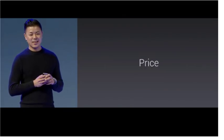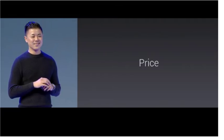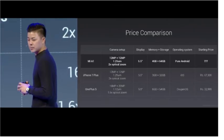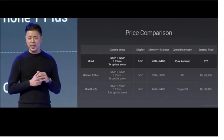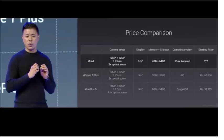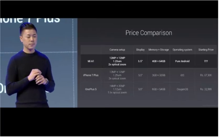That's right. What is the price? What will Mi A1 retail for? Take a look at the other phones that we've compared Mi A1 to in this entire presentation. We've talked at length about the dual camera setup for Mi A1. Well, let's take a look at iPhone 7 Plus. It also has a 12 megapixel telephoto lens and a 12 megapixel wide-angle lens. It also has large 1.25 micron pixels and 2x optical zoom. And that retails at